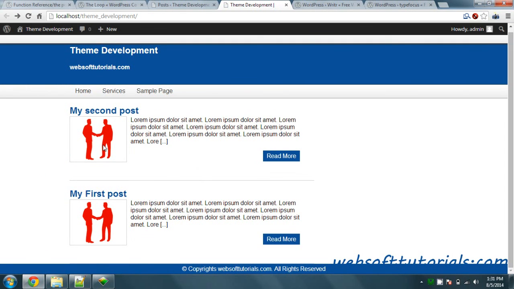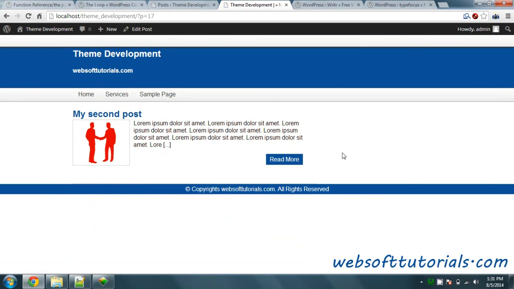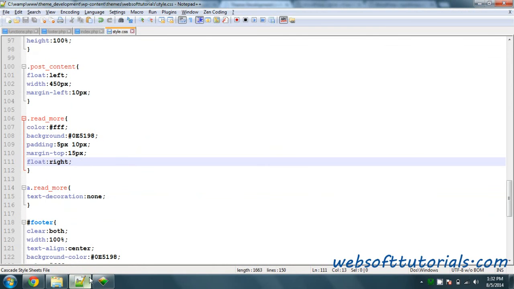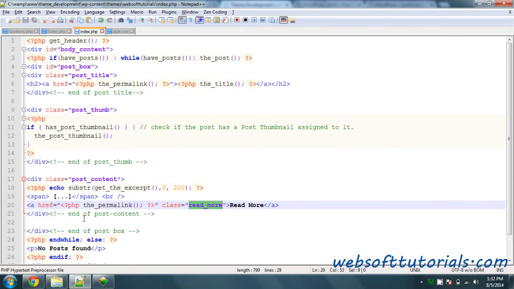You can make some more adjustments with CSS, but right now, because it is a theme development tutorial, I don't want to get into the design so much. So you can see this read more button. If you click on read more, it will display this post, but guys, you can see it is still displaying half of the post. It is still because we have used this code here,